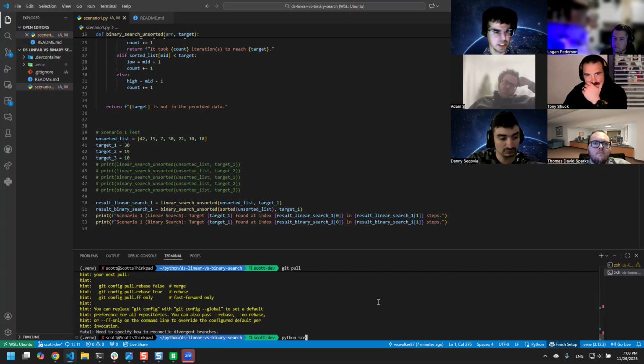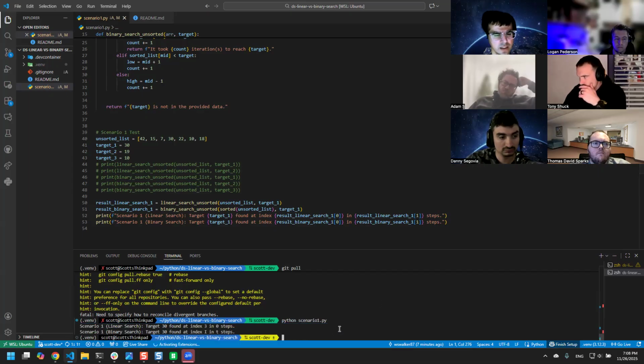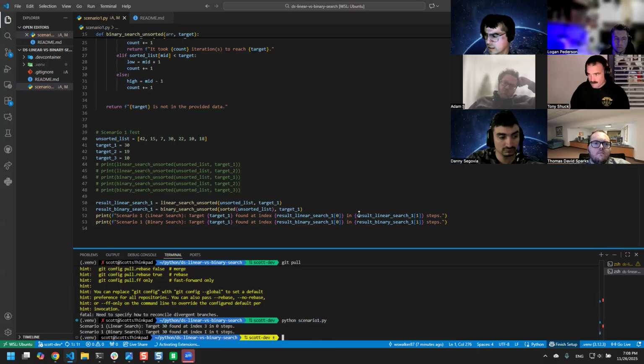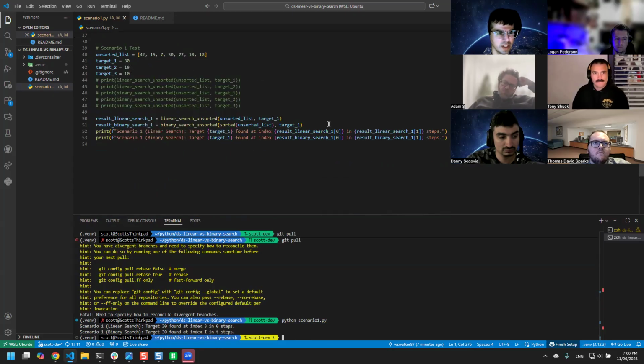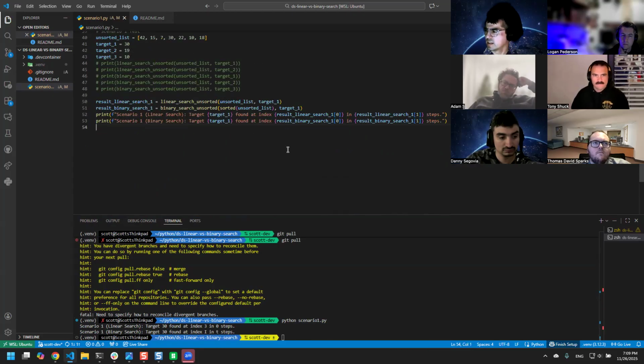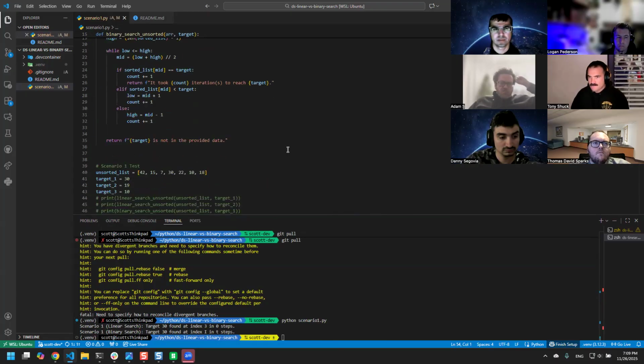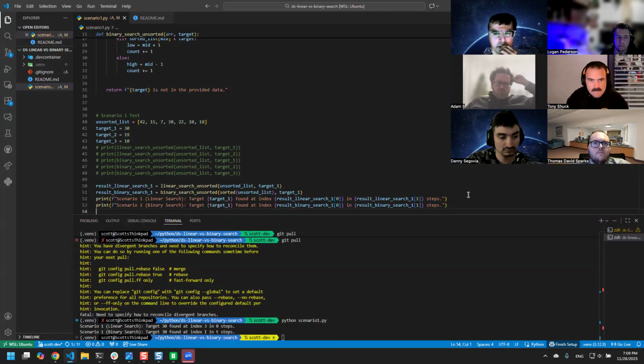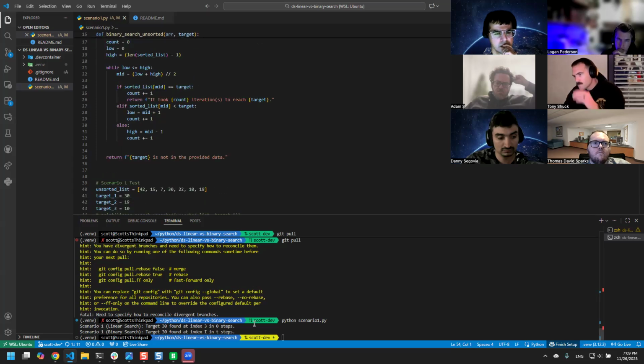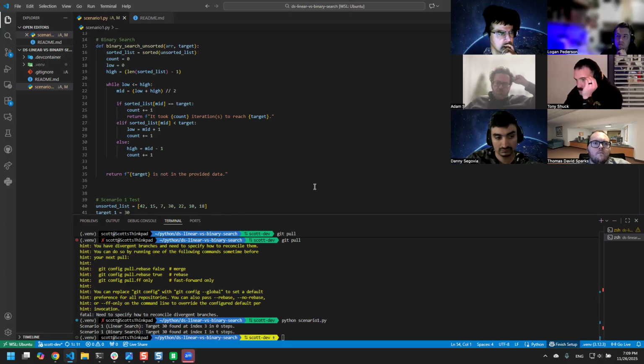Got it. Did you get that, Scott? No. Whoever said that, can you walk them through it just on the linear search one? Yeah, you see right there, line 52. It says scenario 1, linear search, target found at index. So that first result when we return should be the index number and then the number of steps. I didn't finish it because I just realized it myself and wrote mine pretty much the same way you have yours written right now. So how to tell you exactly how to do it, I don't know how to do that yet.